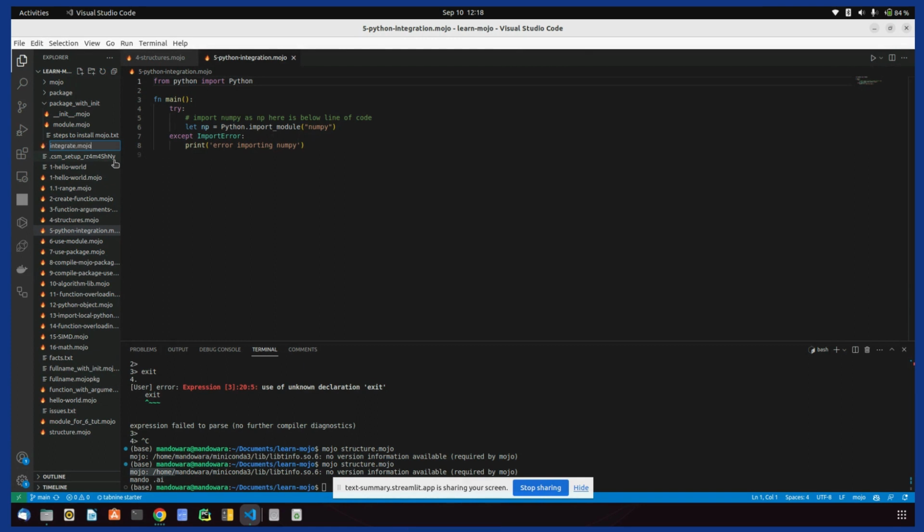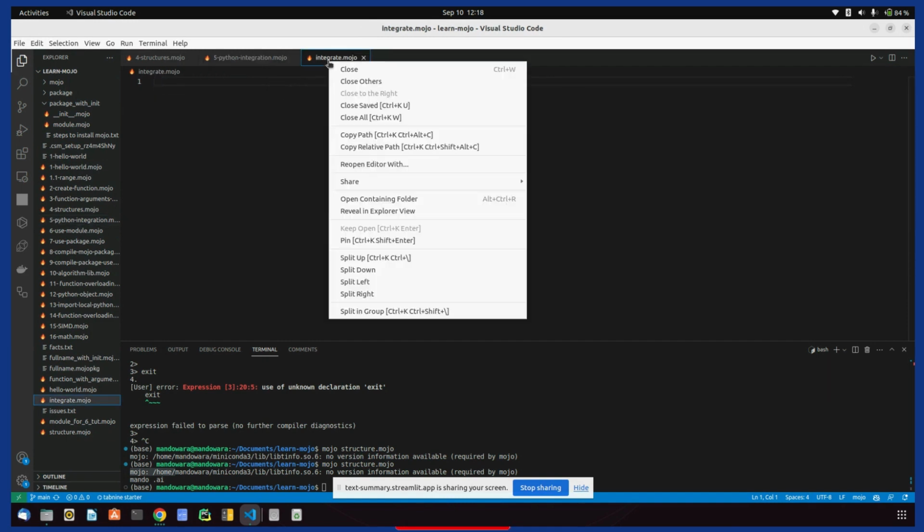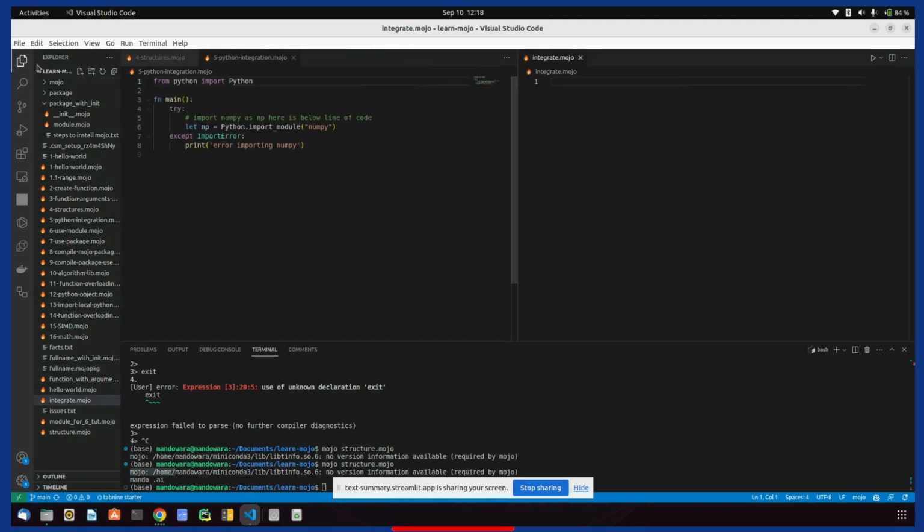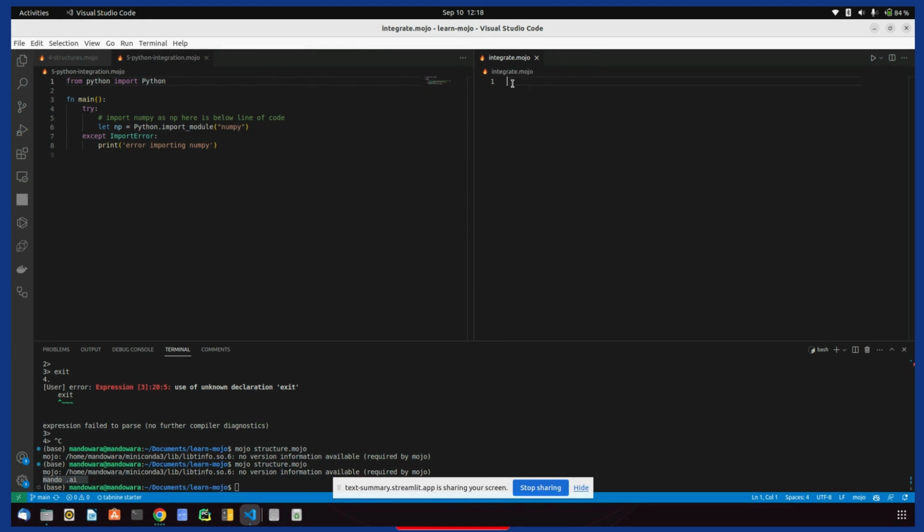I'm going to create dot mojo, and here let's put them side by side. Now create: from Python import Python. Now create a function name. In Mojo you can create exceptions also, try and except like this, try and then